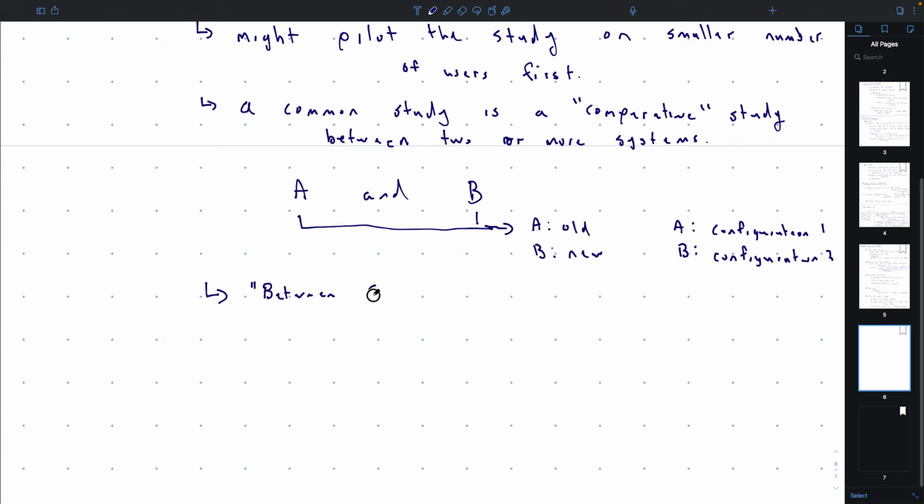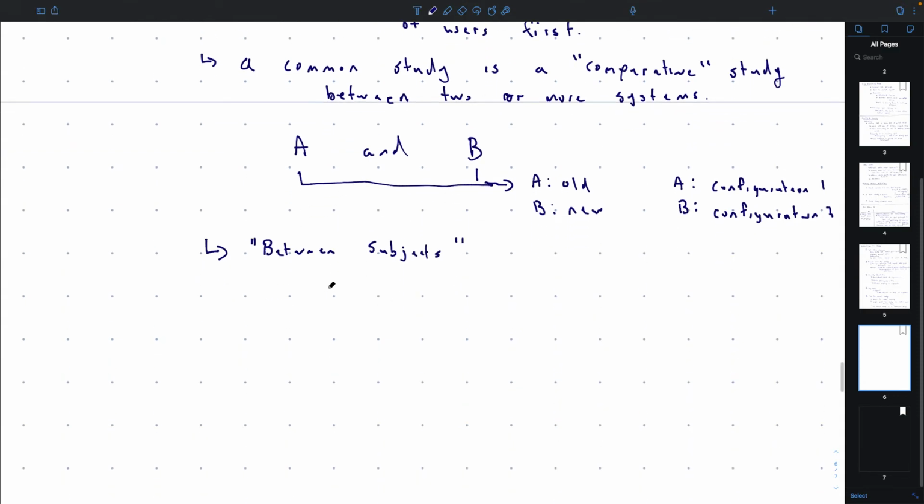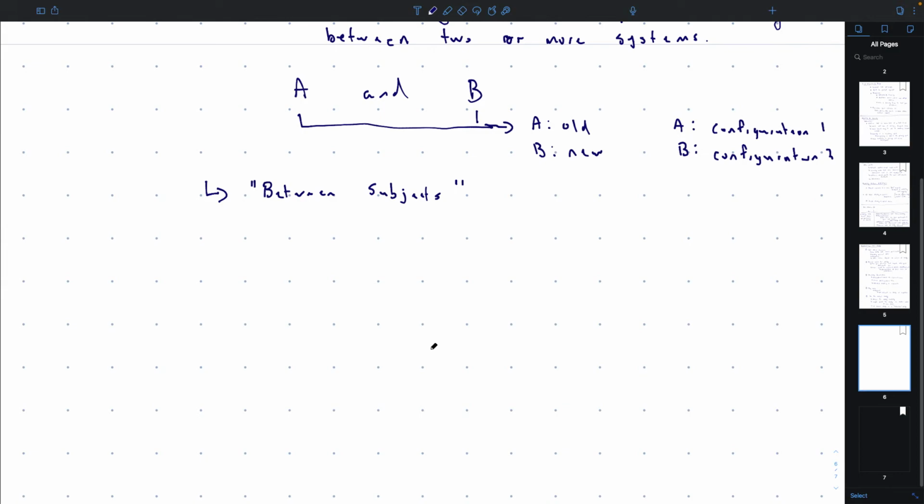The problem is that if you want to run 10 people through system A and 10 people through system B, you need 20 people. Whereas if you had them each use both, then you only need 10 people. And then if you have 5 options, and you want 10 people for each group, then now you need 50 people. And so that's why you might not want to do it, just in terms of saving your time and the cost of doing the user study.